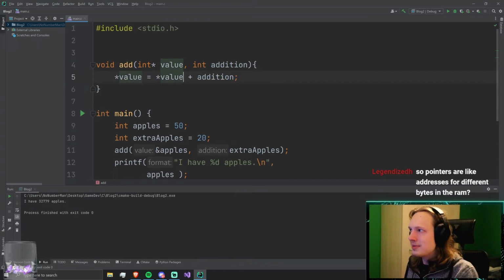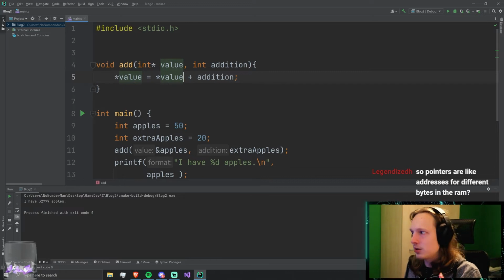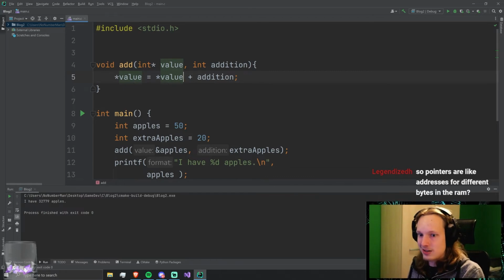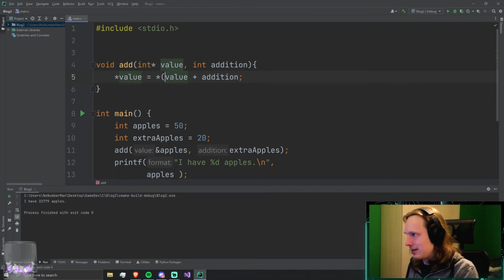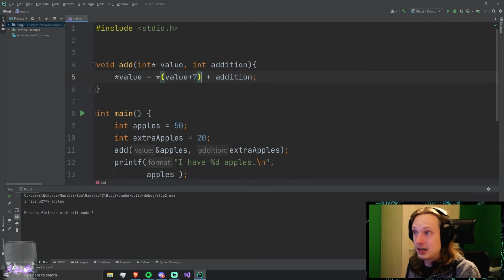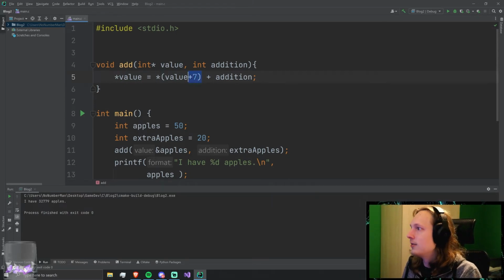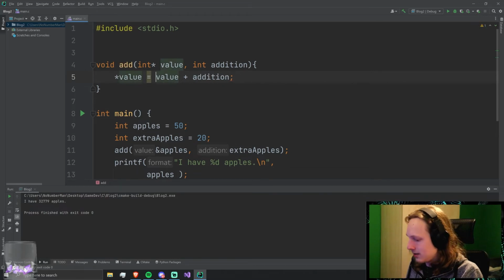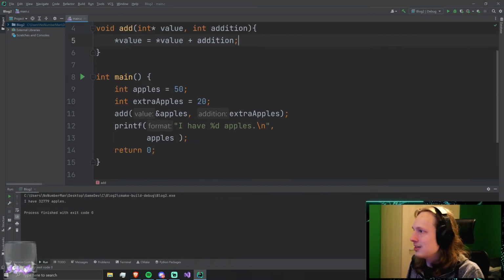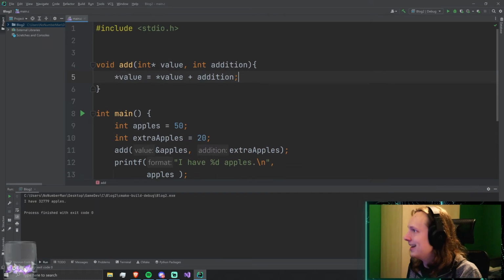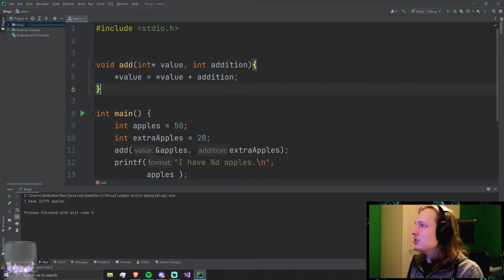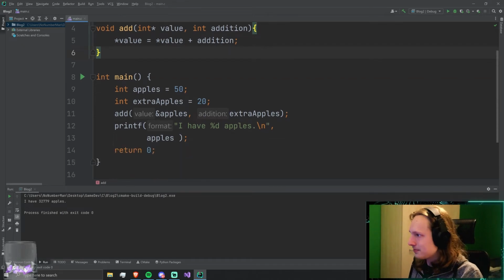Now, incrementing your pointer can be useful when you are working with arrays. We will get to that in just a second. Working with arrays, taking some memory address and then going along like +7 or something, that is actually exactly how you are supposed to work with arrays. That is the nice part about pointers. But if you want to do something like this, just don't increment, please. If you use them like this, yeah, they're basically like references.